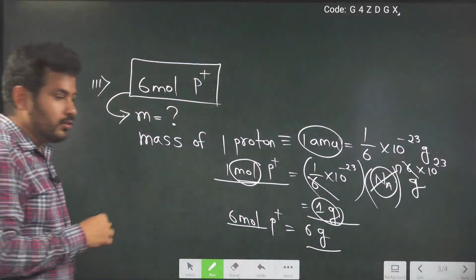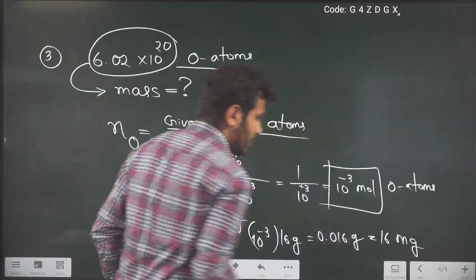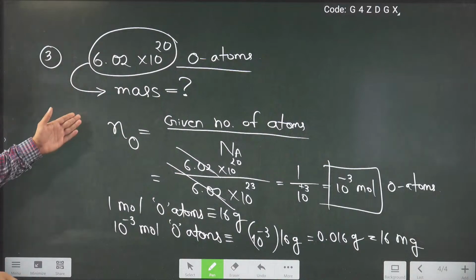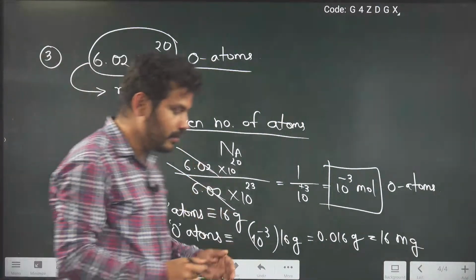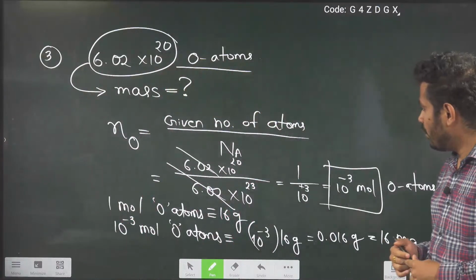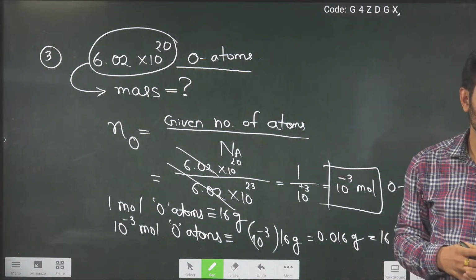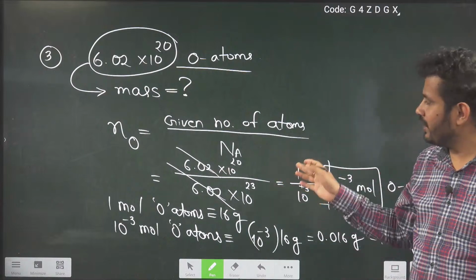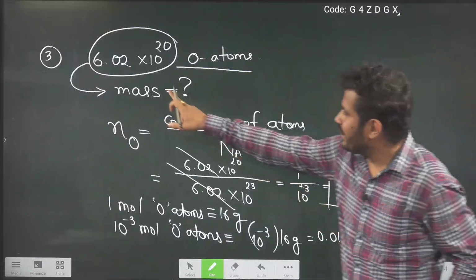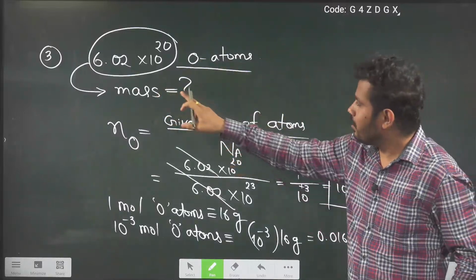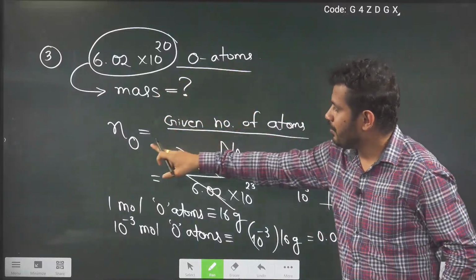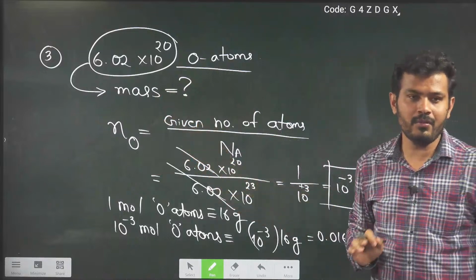So talking about the next question, please look into this and let me know whether it is clear or any doubt is there. They have given these many oxygen atoms, I'm repeating. So if these many oxygen atoms are there, we have to calculate the number of moles. Every time remember,